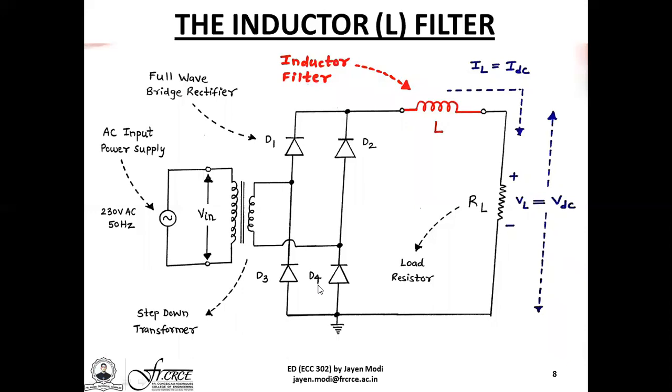For the inductor filter, the filter element, the inductor or the coil itself, is connected in series with the load. The ripple factor for this particular filter is directly proportional to the load RL, meaning the filter works extremely well if the load is very less or if the load is very light. The drawback of the inductor filter is that the inductor itself is large, bulky, as well as expensive, and furthermore, resistance of the coil will cause heating issues.